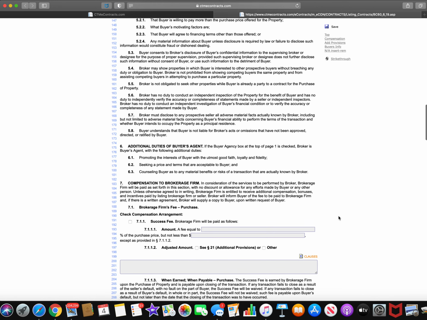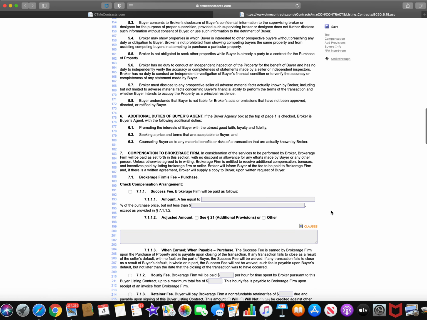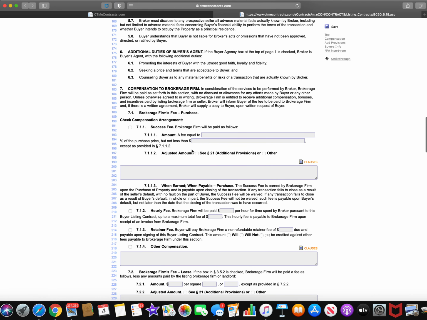And then additional duties there, you can kind of go over that. So here we go. Here's a very important part here. Success fee, brokerage firm will be paid as follows. You want to make sure you click that. And an amount fee equal to, now I do